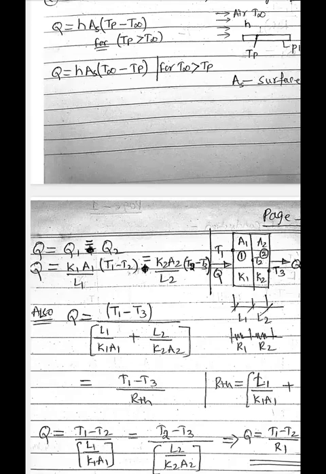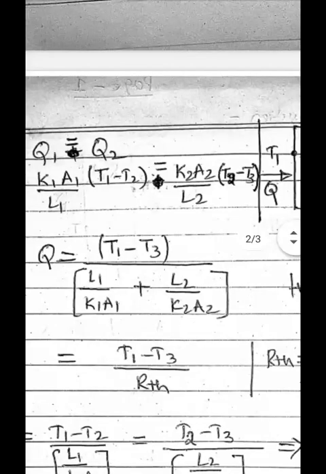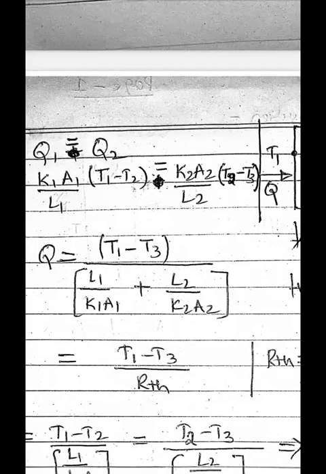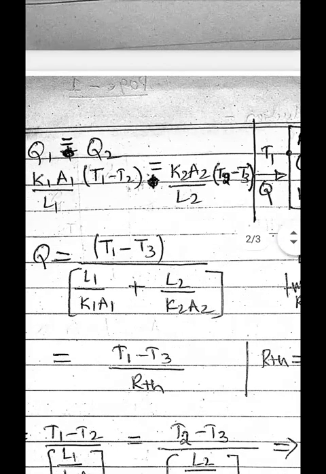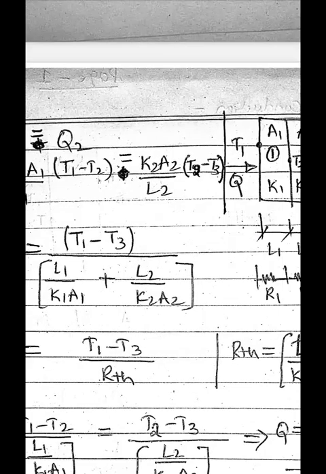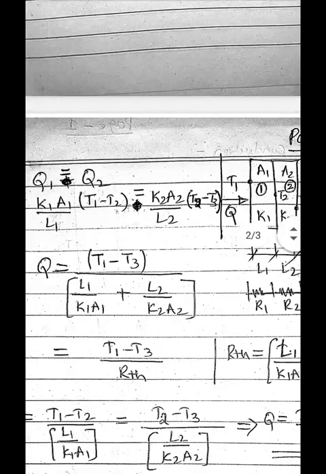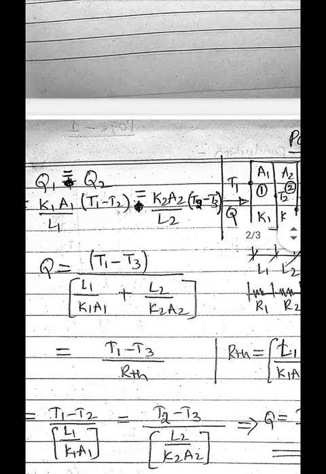So here Q is equal to what? This is the rate of heat transfer through the entire wall. T1 minus T3 divided by, so resistance offered by the first wall is L1 divided by K1 A1. This is the resistance offered by the first block, plus L2 divided by K2 A2. This is the resistance offered by the second block, right? So this is the total resistance offered, right? This is the total heat transfer offered. The heat transfer occurred during the